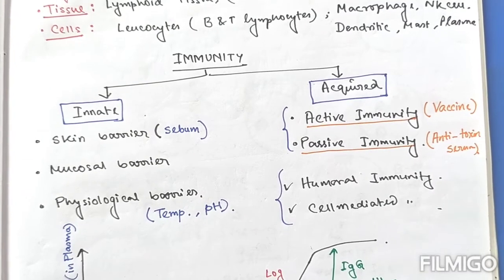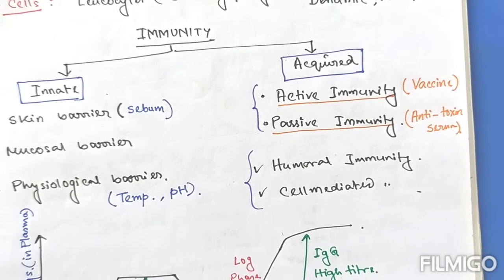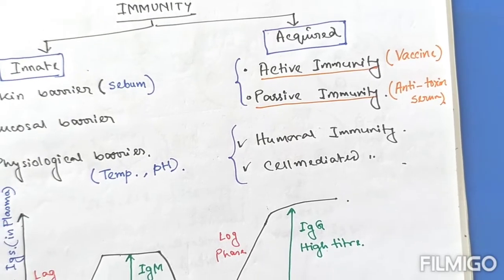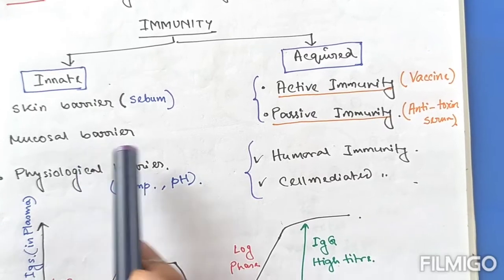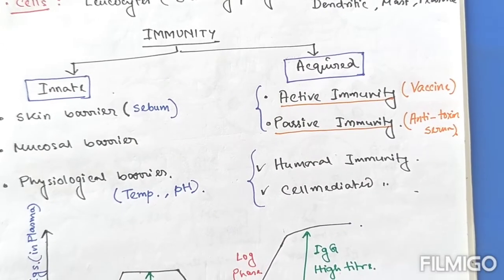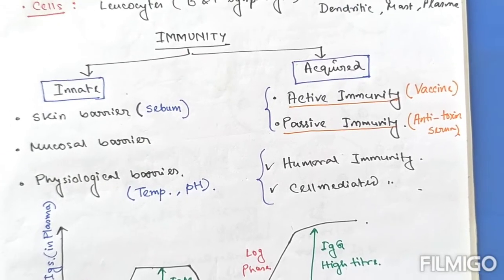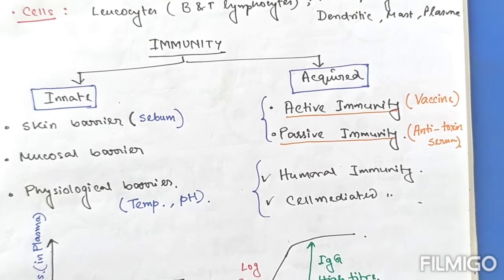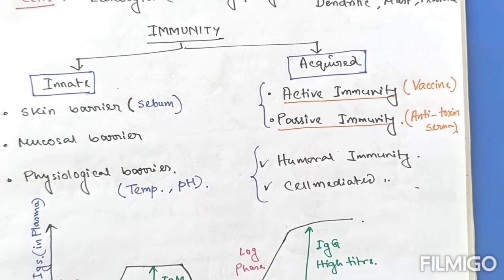Now we will discuss immunity and its classification. The term immunity can be defined as the resistance offered by the host against microorganisms or any foreign substance. And immunity can be divided into two broad headings: innate immunity and acquired immunity. Innate immunity is the type of immunity, the resistance to infection, that an individual possesses from birth, and this type of immunity is very non-specific, and hence it can be